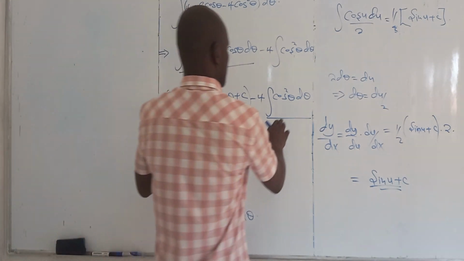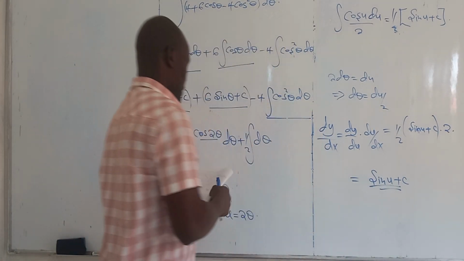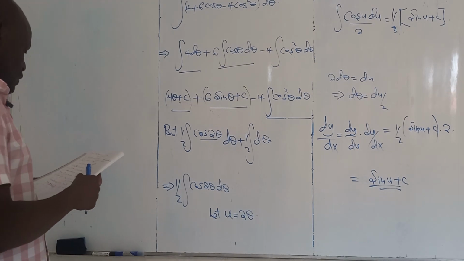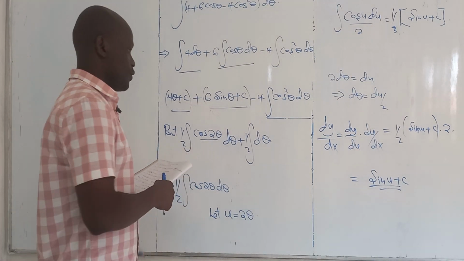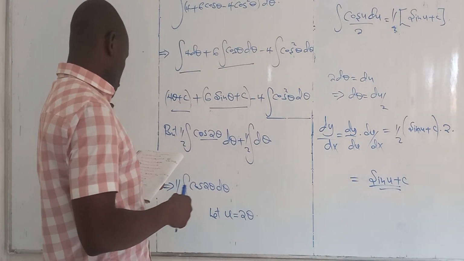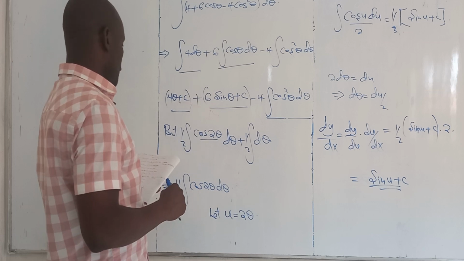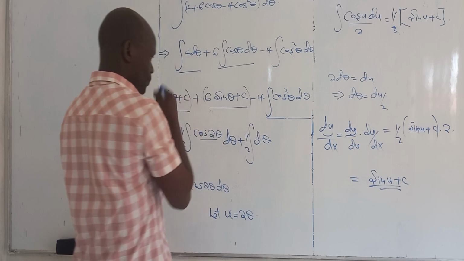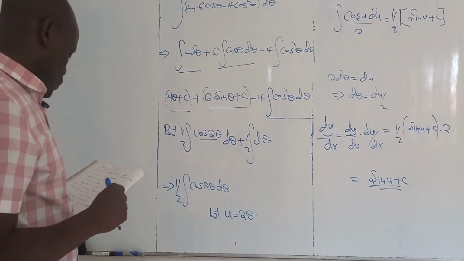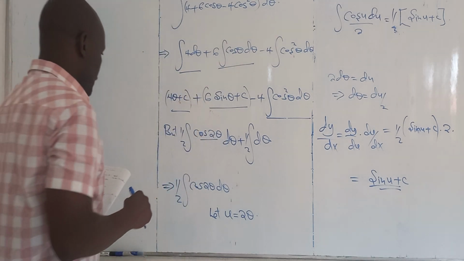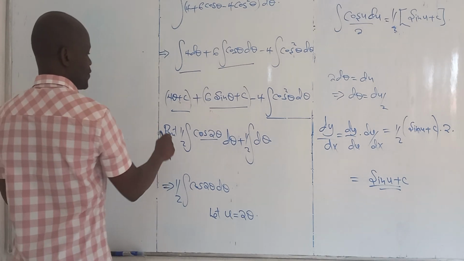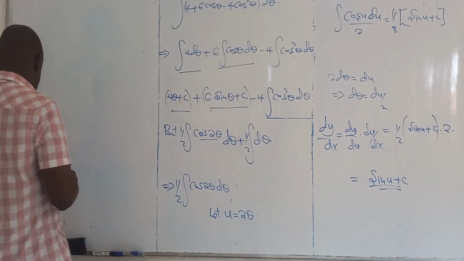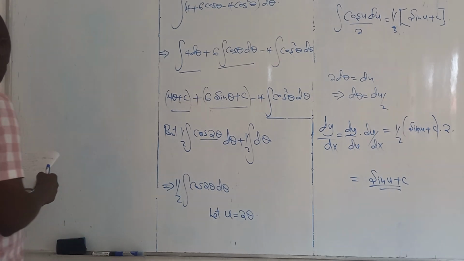And then the whole of this gives us sin u plus c. The whole of that gives us sin u plus c. So we can combine the results. If we combine the results, because now it was this plus this minus that, what we get is, so I start with this. So I call it